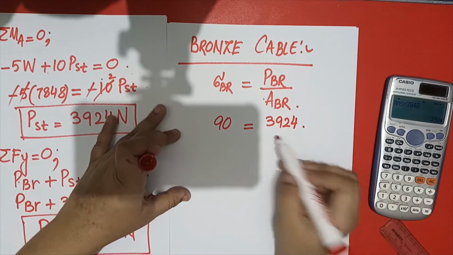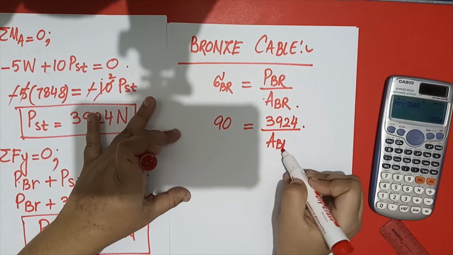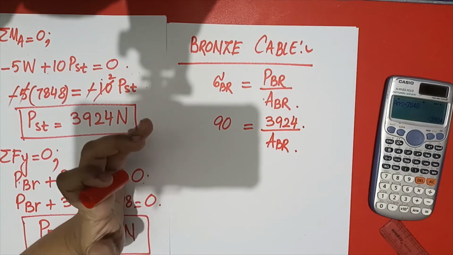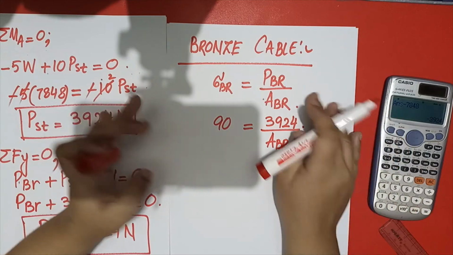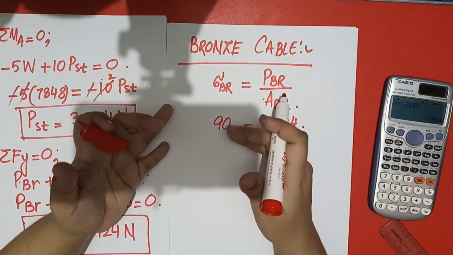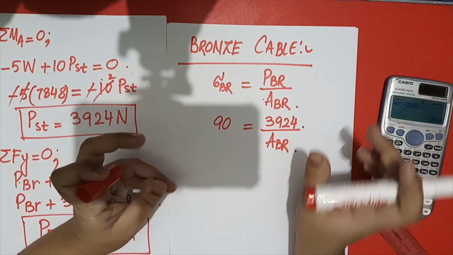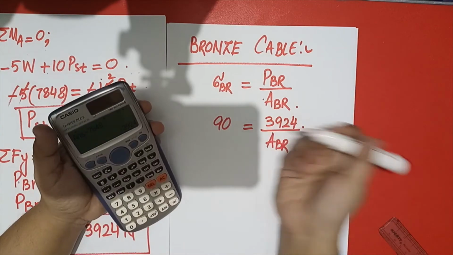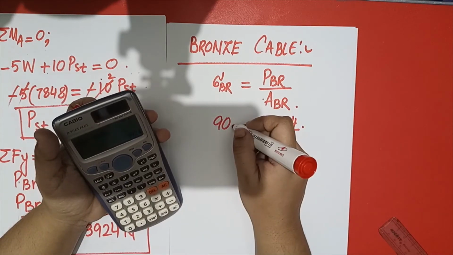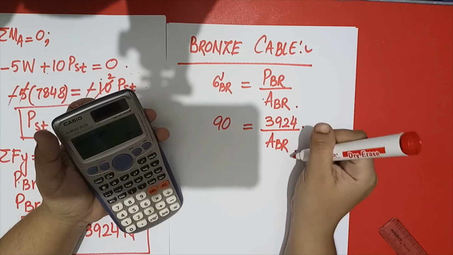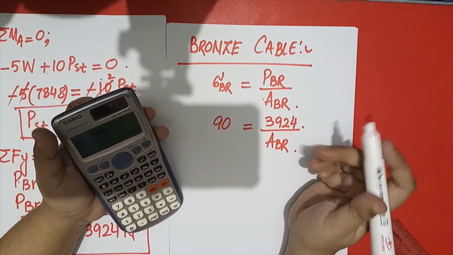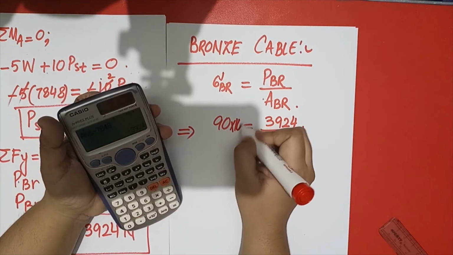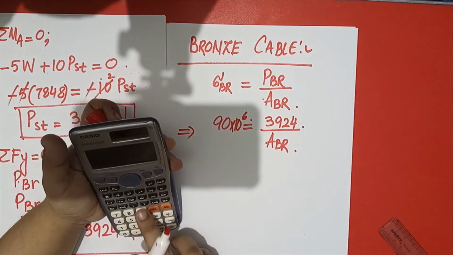So what we have to do here is find ABR. Actually they are not using 90 into 10 to the power 6. You can also put it, but you have to convert the area into millimeter. So for that reason your 10 to the power 6 will be cancelled out due to the square of 1000. That's why we are not taking it over here. If you want to take it out, you can do it. You will put 10 to the power 6 here, and when you get your answer, you have to divide it by 1000 square.